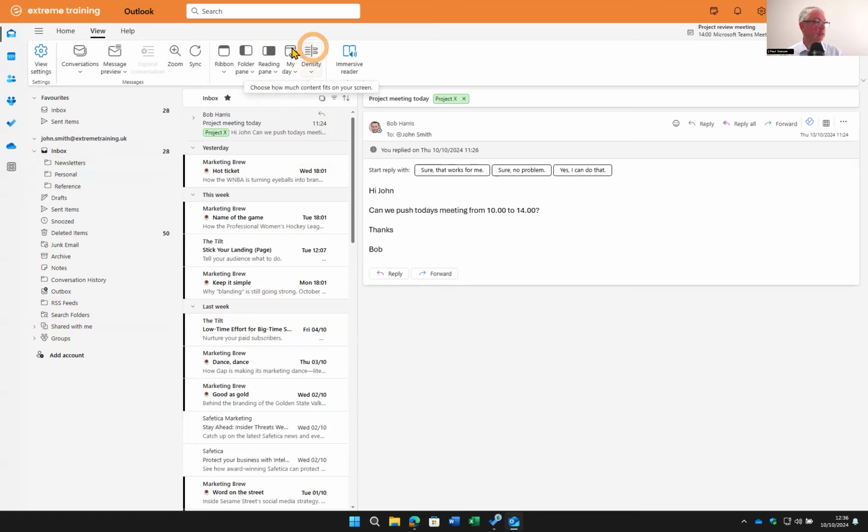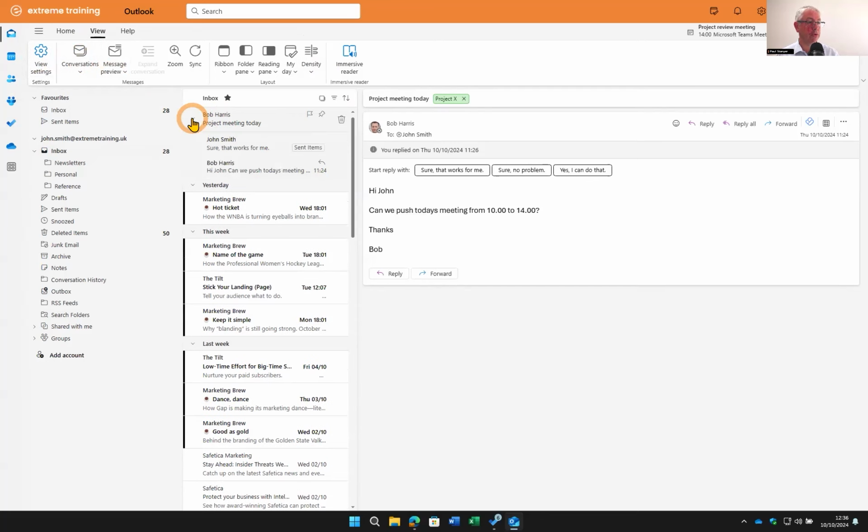Let's have a look at what's going on here in the View tab while we're here. So you'll notice there's a View Settings button. We have that in the classic Outlook where you can configure certain views for certain purposes. We've got the conversation button here. So right now, conversation view is turned on. I can tell that because next to my email here from Bob Harris, I've got a little arrow. And when I click on the arrow to expand it, you'll see that there's Bob's original email and there was a reply that I sent to him. And I'll get a little flag here to tell me that's in the sent items folder